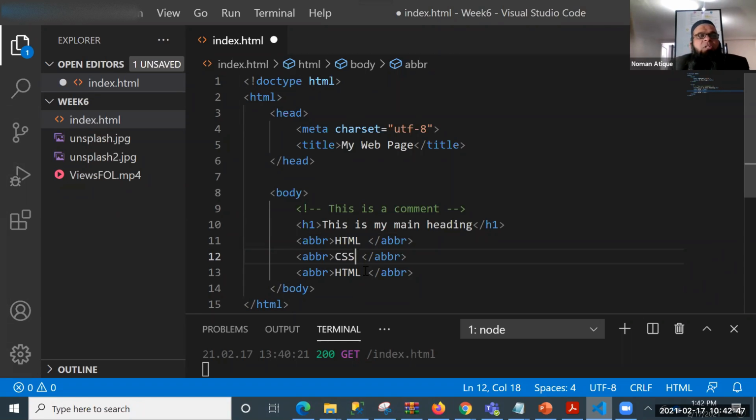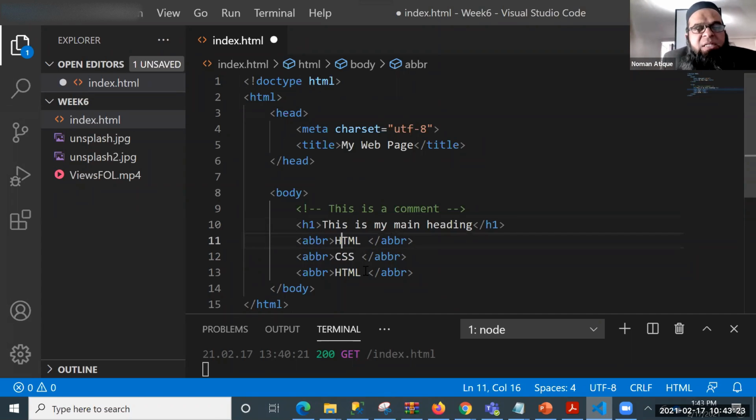Now, someone is asking a question about semantics. You will get a very good sense of that as well. When I say H1, it is heading one. But other than heading one, can you guess what it will be? Of course, this heading can be my main heading, or it can be my text. It can be anything at all. When you say ABBR, this tag represents semantic meaning. What does that mean? Abbreviation. Whatever comes inside it will be the abbreviation we are talking about. So ABBR represents the abbreviation.